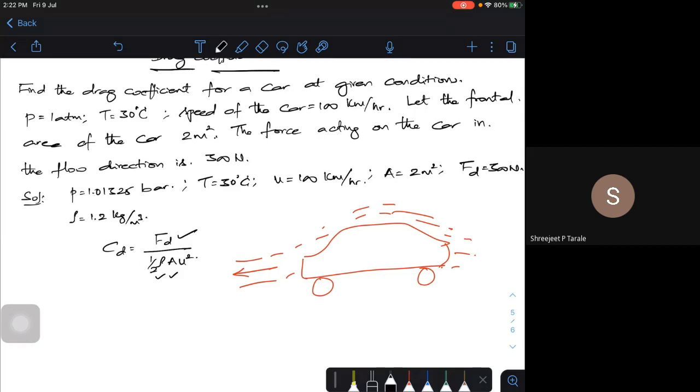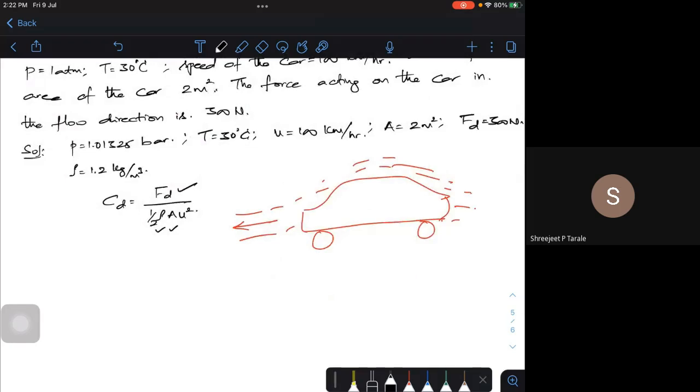So now, when I want to write a code for this, I should be able to input all the values and calculate this CD. If it is a lower value, you should be able to comment on it. If it is a higher value, I should be able to comment on it. If the drag coefficient is less, it's a clear indication that the car is able to accelerate properly. If the drag coefficient is at the higher end, then your drag force is more. It's trying to hold your car. You should be able to comment on it.